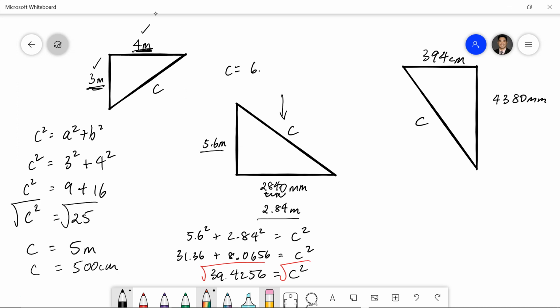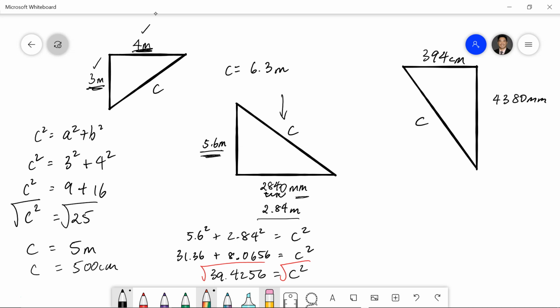6, and I'm going to round it to 1 decimal place. Okay, 6.3, and then my unit of measurement is in meters because that's what I've converted it into. Now, let's say the question asked you to convert into millimeters, and rather than converting this at the beginning to millimeters, I would still continue